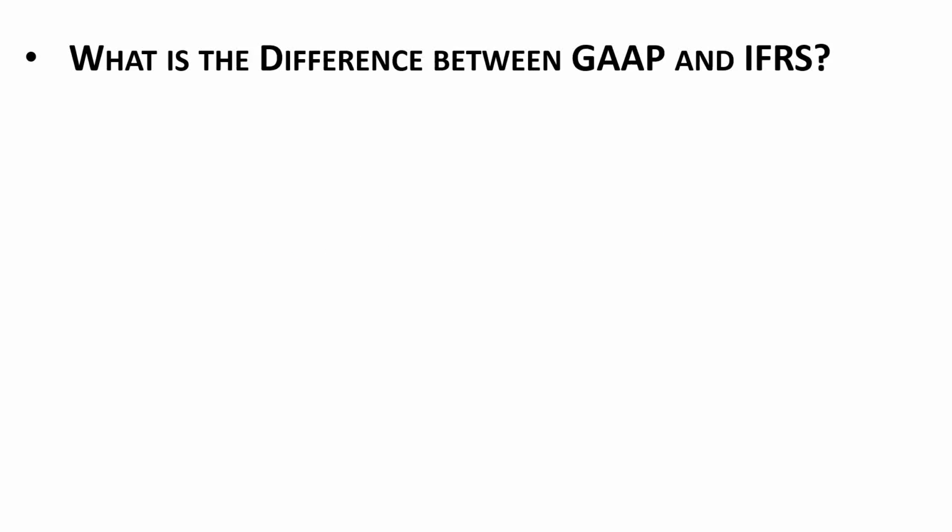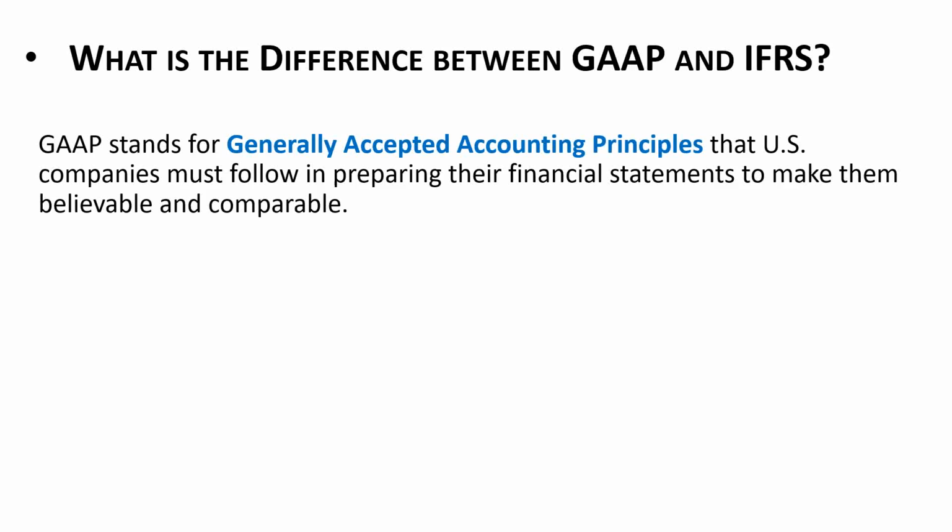So we are talking about how the various transactions finally translate into financial statements. The essence is the transaction analysis. You're going to get a taste of it. What is the difference between GAAP and IFRS? Right? So GAAP stands for Generally Accepted Accounting Principles that US companies must follow